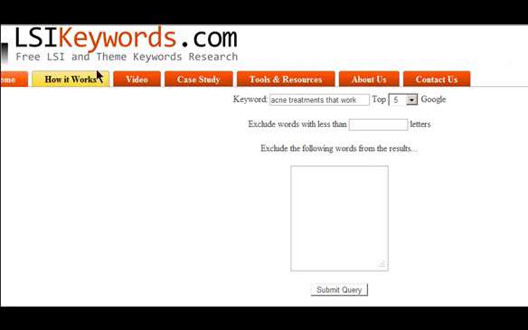This is a tool, and you'll find it at this domain, lsikeywords.com. It couldn't be simpler to use. You simply type or paste in your main keyword. So let's assume we're preparing an article, or we may have even already written an article, on acne treatments that work, and we want to find out what related keywords we might use to improve our